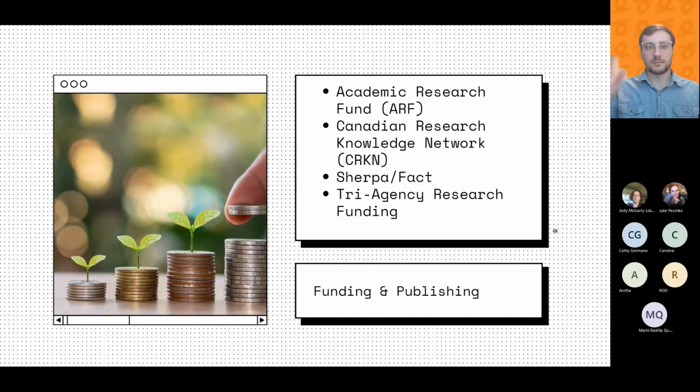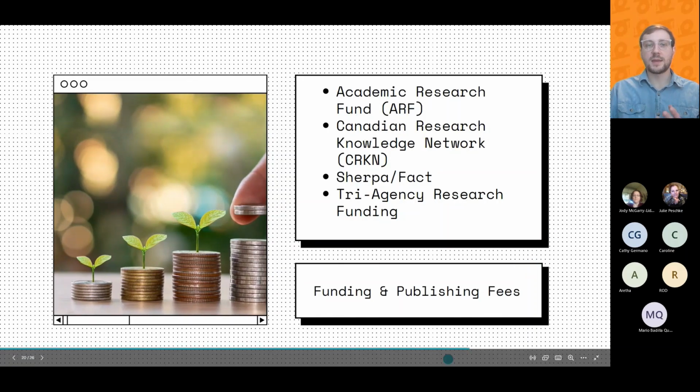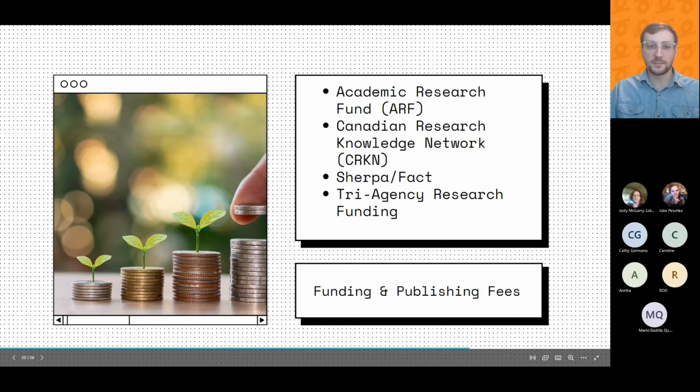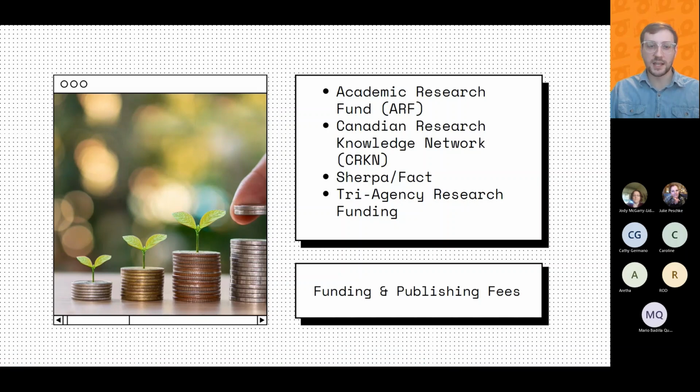Now, these APCs, the article processing charges, can be really expensive, but there are some resources that can help. There is funding for academics and professionals here at the research office, so I'm going to drop that link in the chat here.